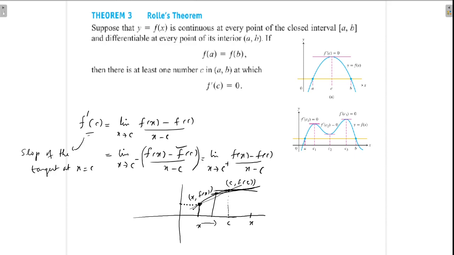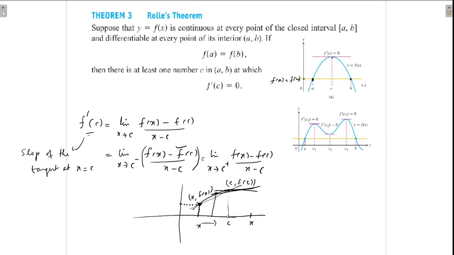The tangent is defined as the limit of the secants. Secants means the line passing through two distinct points of a curve. So if we understand this, we can easily interpret this Rolle's theorem in a geometrical way. Suppose this is our f of x, and a is this one and b is this one. Whenever f of a equals f of b, we can say that this is our f of a and f of b. Then you can find a c in between a and b such that f dash c equals 0.